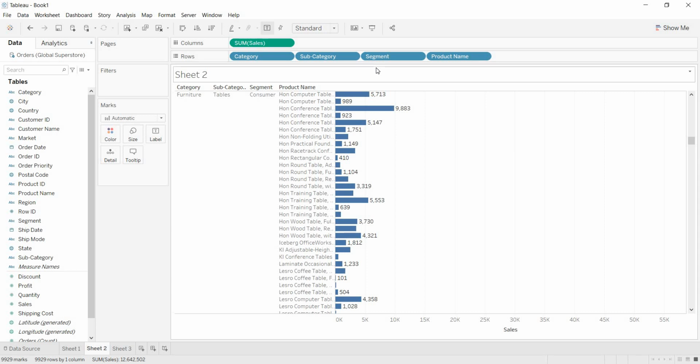So if you are taking n dimensions, n minus 1 level of nesting is possible. Like this, you can add as many dimensions as you want, as long as it gives a meaningful output. Nesting of dimensions doesn't mean you can drag as many as you want. If it is not giving you a meaningful output, then it is a waste. That's why, as long as it is useful, you can do the nesting till the required level. So this is called nesting of dimensions. Thank you guys.